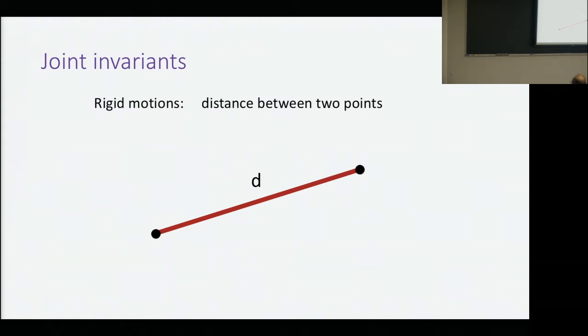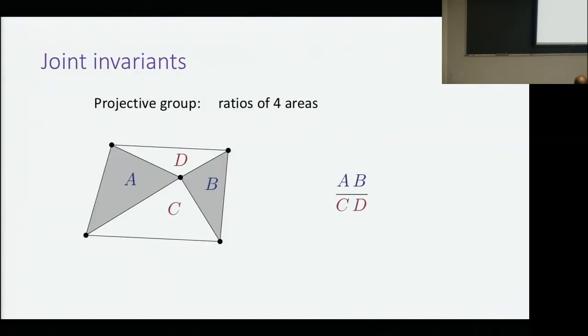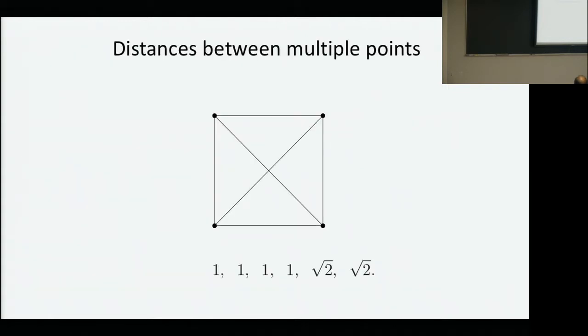So where we left off is I started to talk about joint invariance. So we started to do various geometries, so distances, angles, areas, and then this interesting cross ratio for the projective group. And one of the immediate places where this is used, and this is quite common in image processing, is